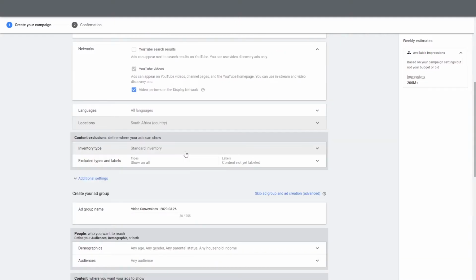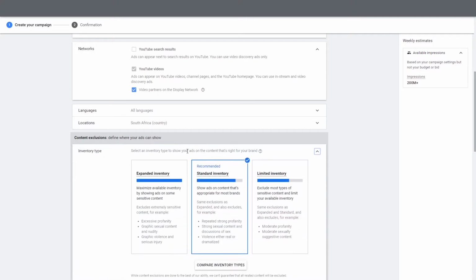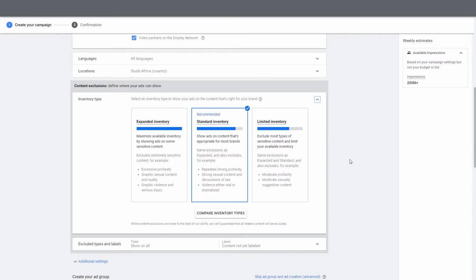Okay, next up, inventory type. Okay, we need to talk about this. If you have the type of content in your ad that you don't want to show on a certain type of website, for example, you know those naughty websites that you go to when you're alone but you shouldn't go to when you're alone, then this section is where you choose that. Okay, if you choose expanded inventory, it's going to show it everywhere, even the naughty websites, and that's part of the display partner